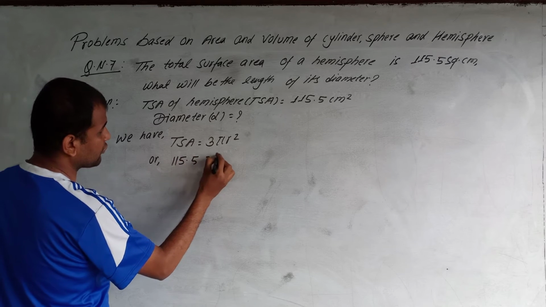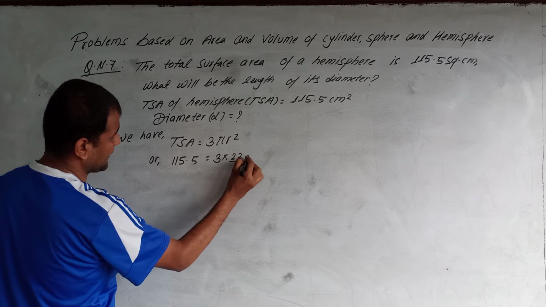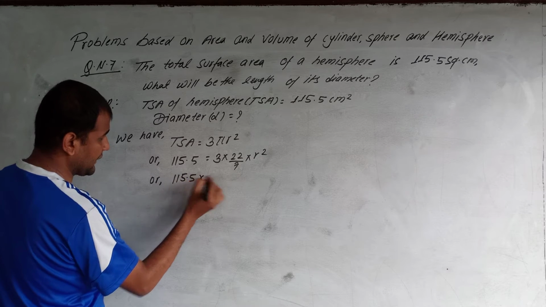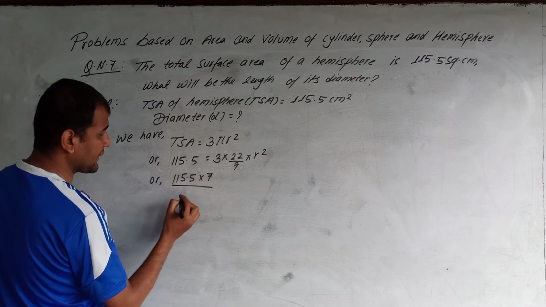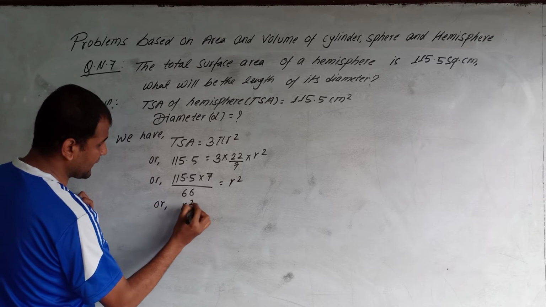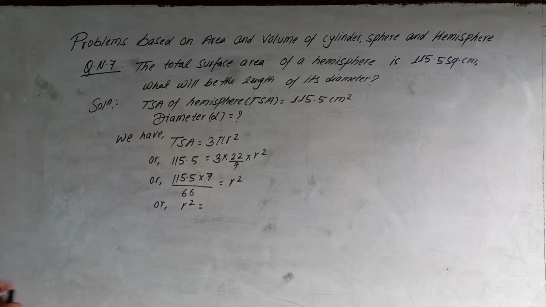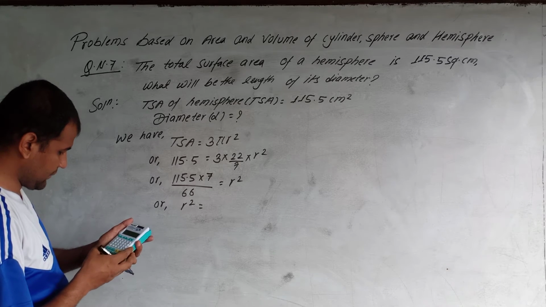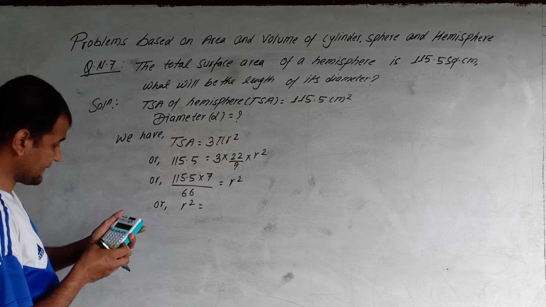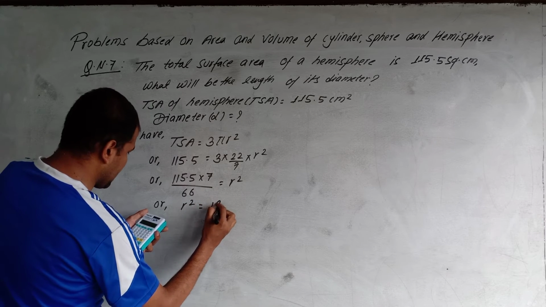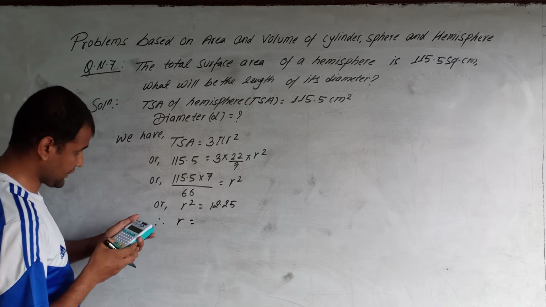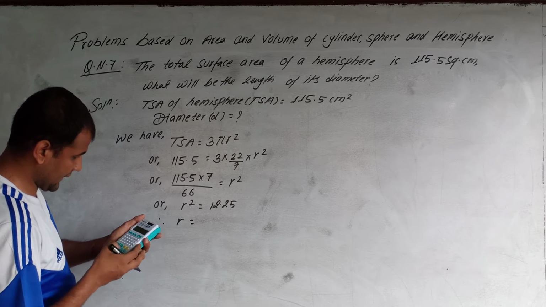So 115.5 is equal to 3 into pi, that is 22 by 7, into r square, or that is equal to 115.5 into 7 by 22 into 3, that is 66, is equal to r square. So r square is equal to 115.5 into 7 divided by 66, that is equal to 12.25. Therefore r is equal to under root 12.25,